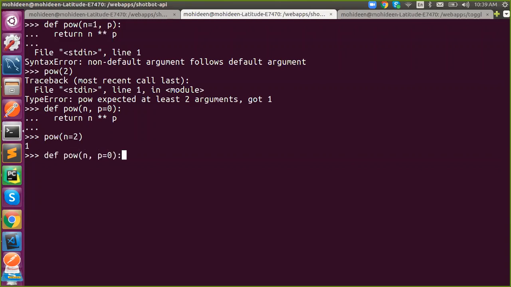So we have seen this. So now if I don't, the similar example with argument, while you're calling. Now, type error.